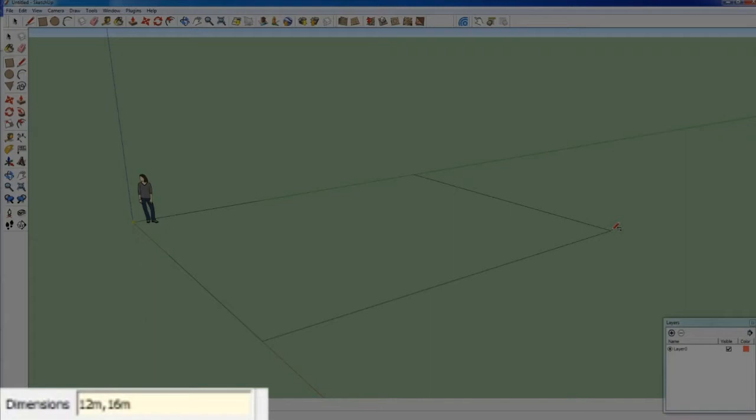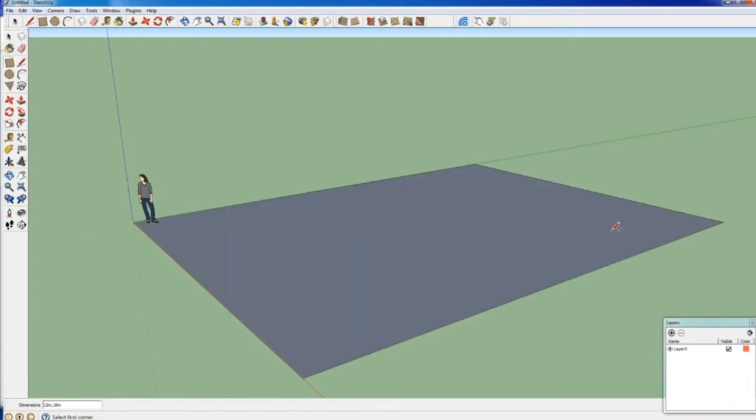You can see the dimensions at the measurements bar, and then pressing enter it gives precisely the rectangle that I have specified with my dimensions.